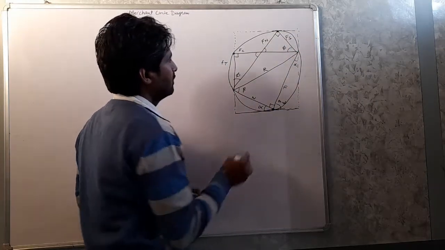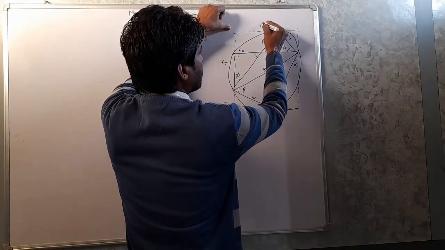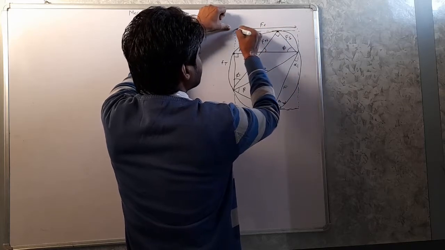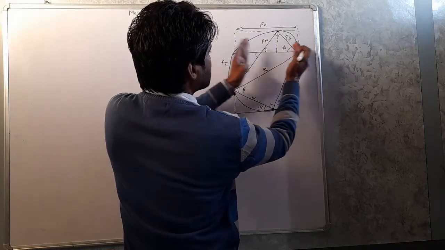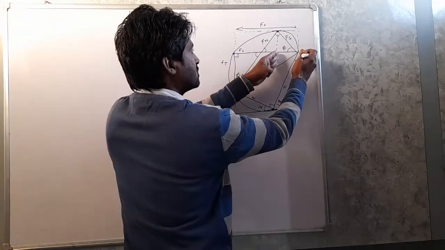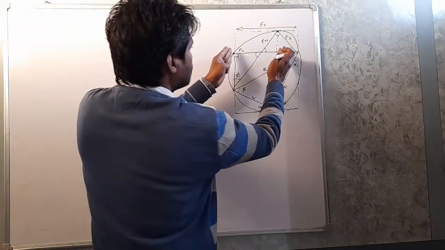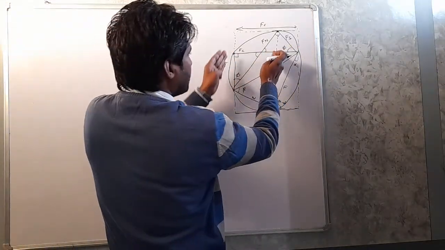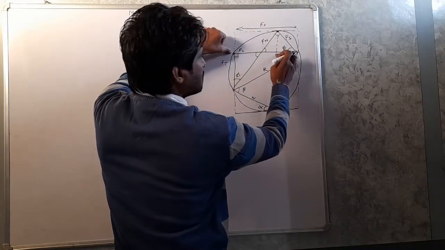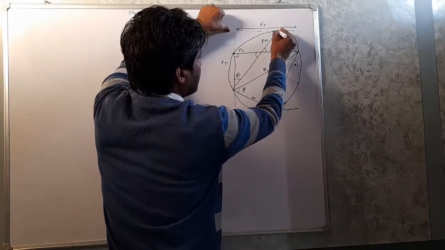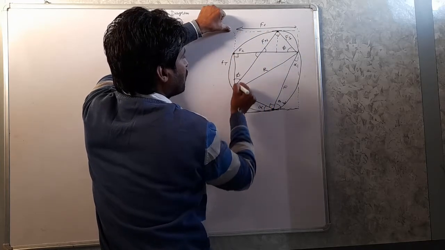Let's complete this rectangle. Now this is Fc, so this length is equal to Fc. This is Fc. So now Fc is equal to this plus this. Now I will write here the formula for Fc. Fc is equal to this plus this. To find the value of this one, this length is equal to this one, and it is making this triangle with FN. So I will first find the value of Fc in terms of FN.